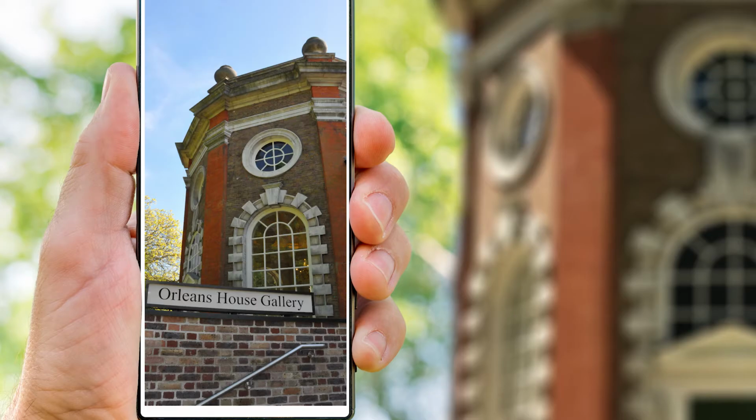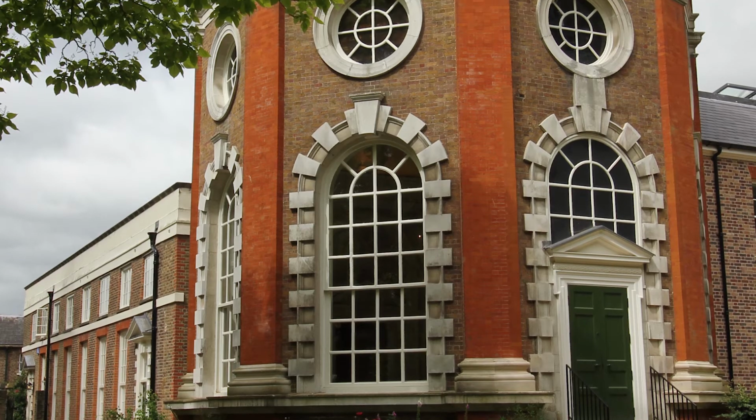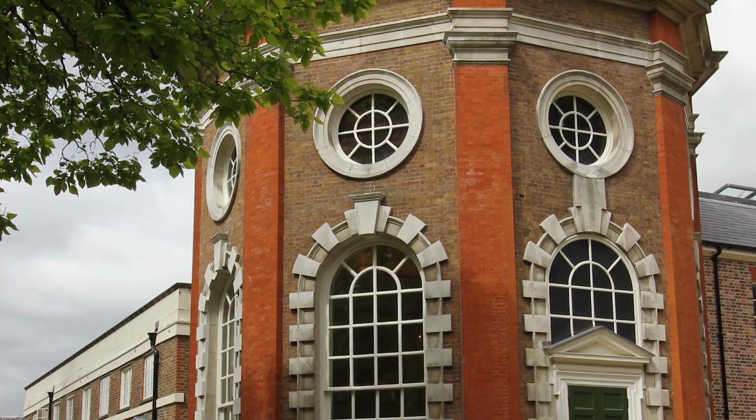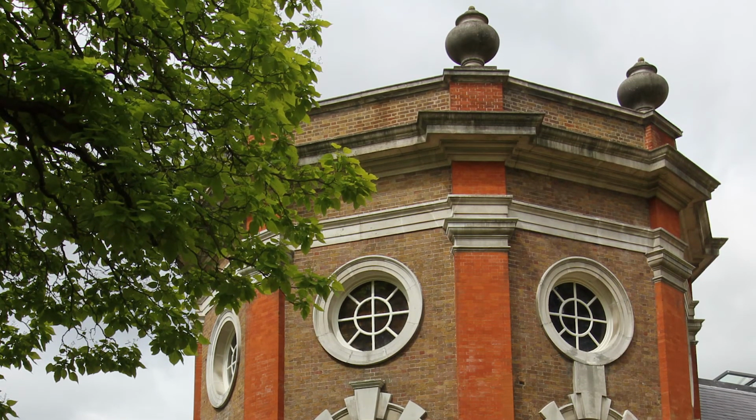Composition is how the elements of the image are arranged within the frame that help the photograph become more or less interesting to the viewer. For example, if you take a photograph of the outside of the building, look at the windows and doors and the detail on the roof to see what you would like the viewer to focus on.